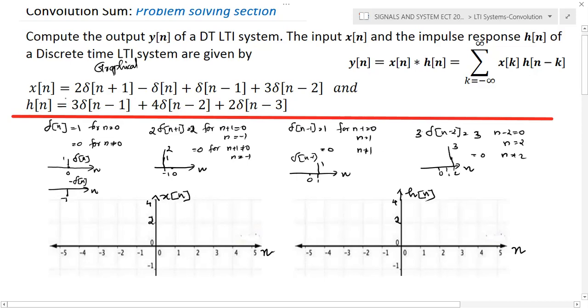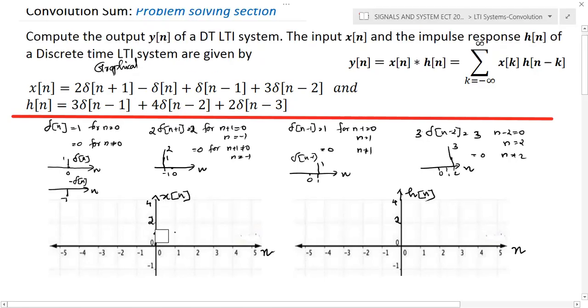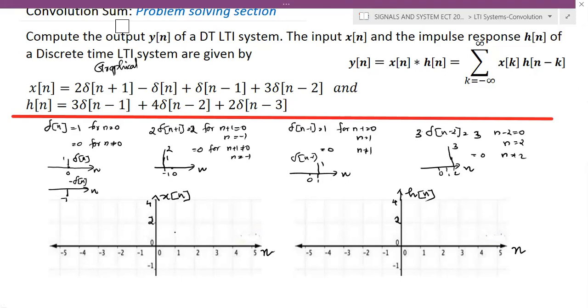Now you can see that x of n means the sum of all these signals. So for that, you can add all these signals, and if you add them, you can see the first del of n is a signal which exists only at n equal to 0. So here you can draw a signal whose magnitude is 1. So this is del of n. Then you can see 2 del of n plus 1. Sorry, actually we required minus del of n. So you need to draw another waveform